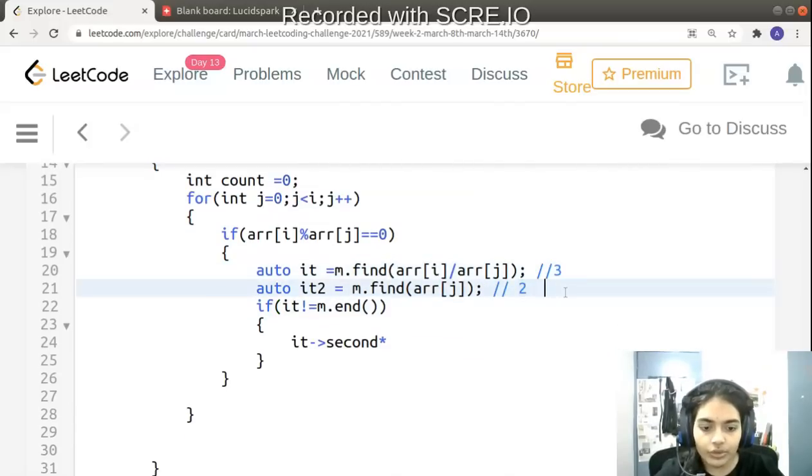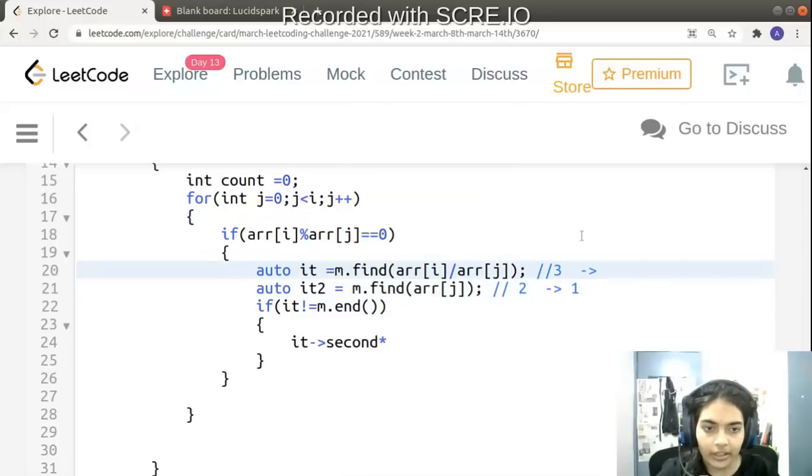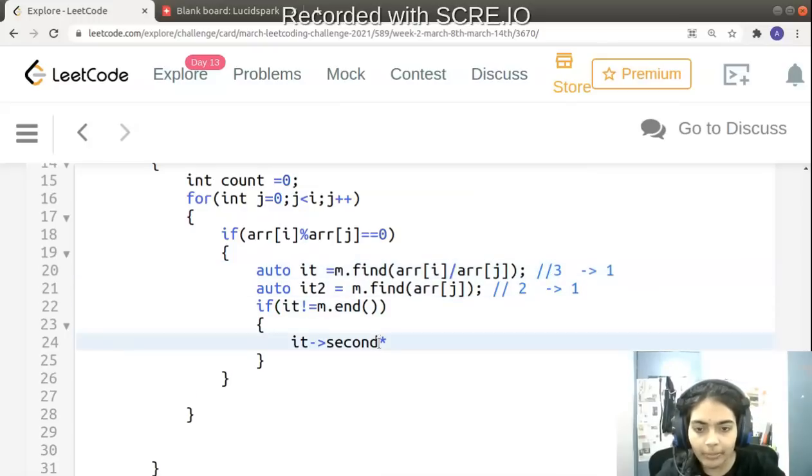The number of ways of forming 2 is 1, and the number of ways of forming 3 is 1, so I have to multiply 1 with 1. This iterator it2 will point to 2, and my iterator it will point to 3. So I have to multiply it second with it2 second.